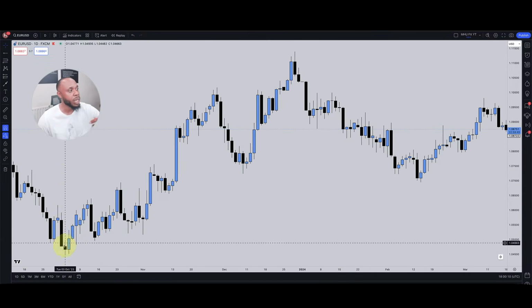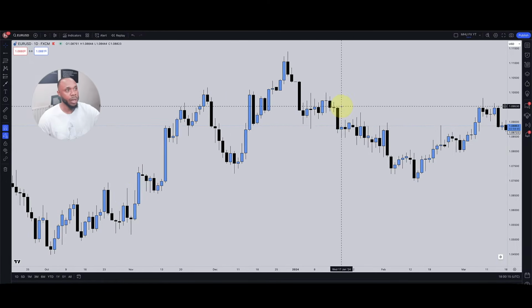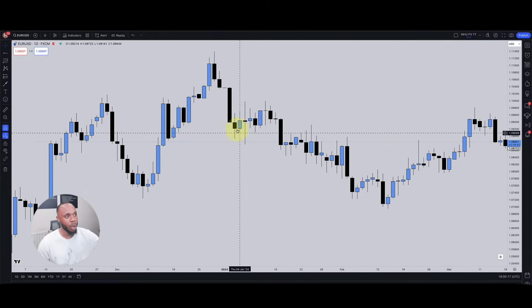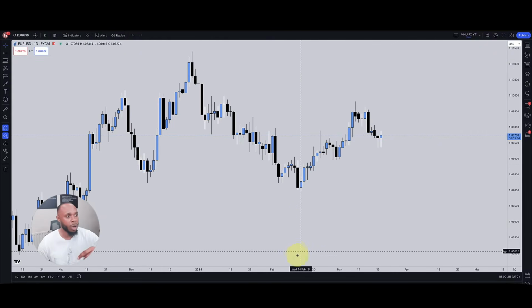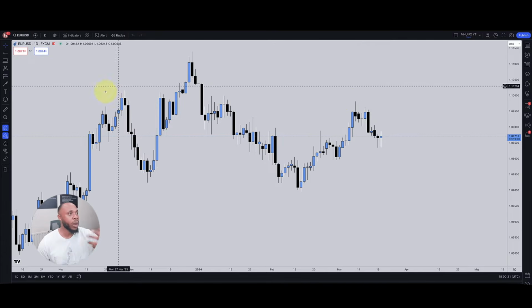If I zoom in just a little bit more, what do you see now? You see how here we were expanding up higher and retracing, expanding up higher and retracing, and so on and so forth. Here, what do you see? You see an expansion lower, consolidation, expansion lower, consolidation, expansion lower. Same thing. Knowing what we know now, we know that price is retracing up into a premium price, potentially for a drop. So that means where is a premium?